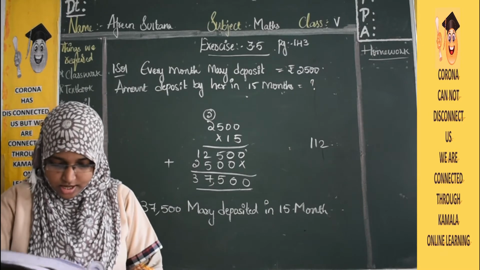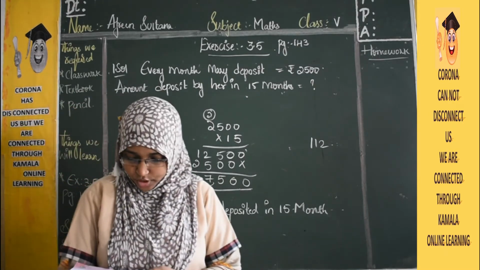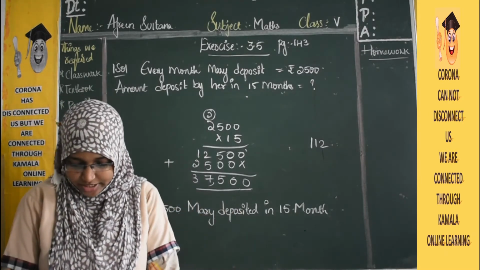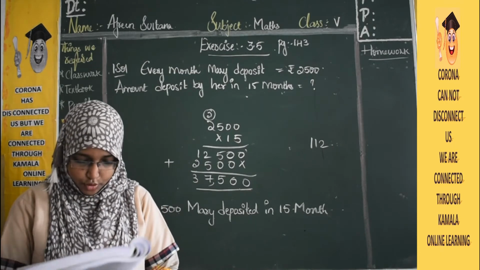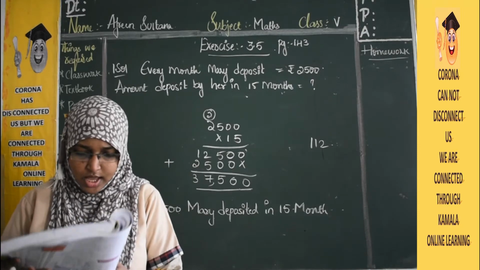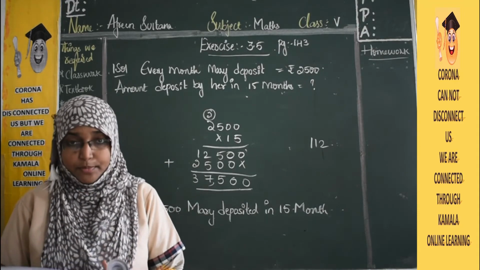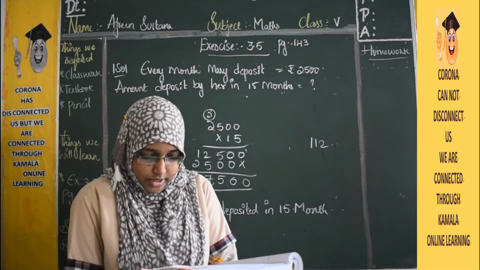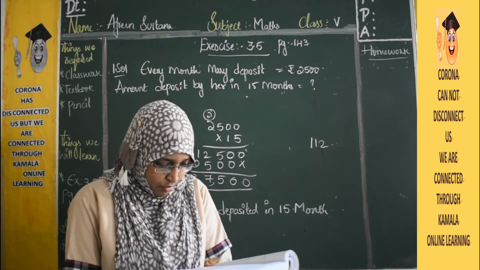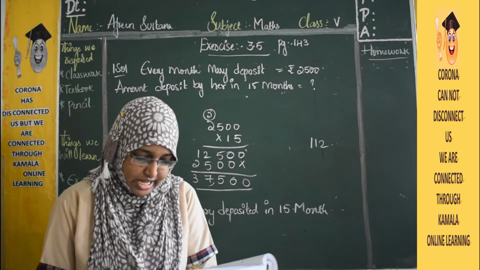Okay. Now coming to the third one, it's somewhat different. They have given many things and we need to find. I'll tell you the third one later. Let's move with the fourth one. See what the fourth one is. Grade 5 students visited a big farm. They saw 1,556 horses. How many legs did these horses have in all?